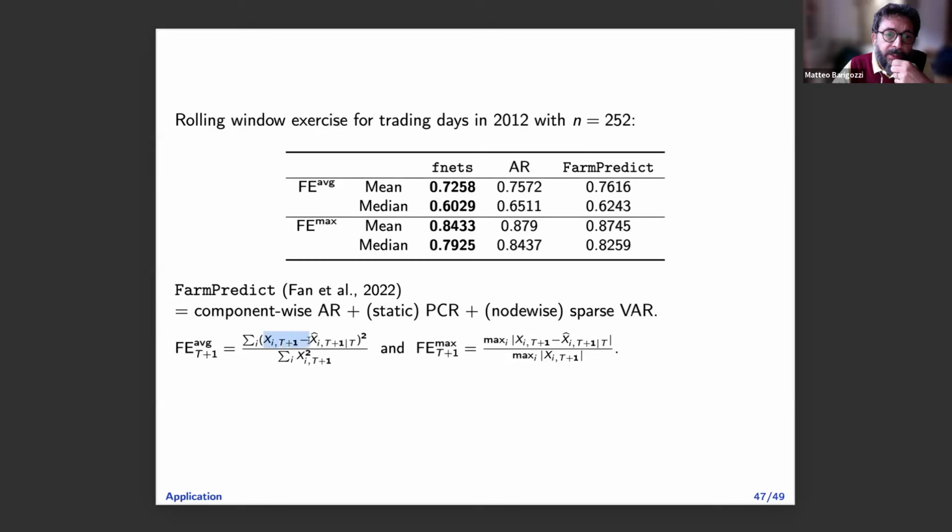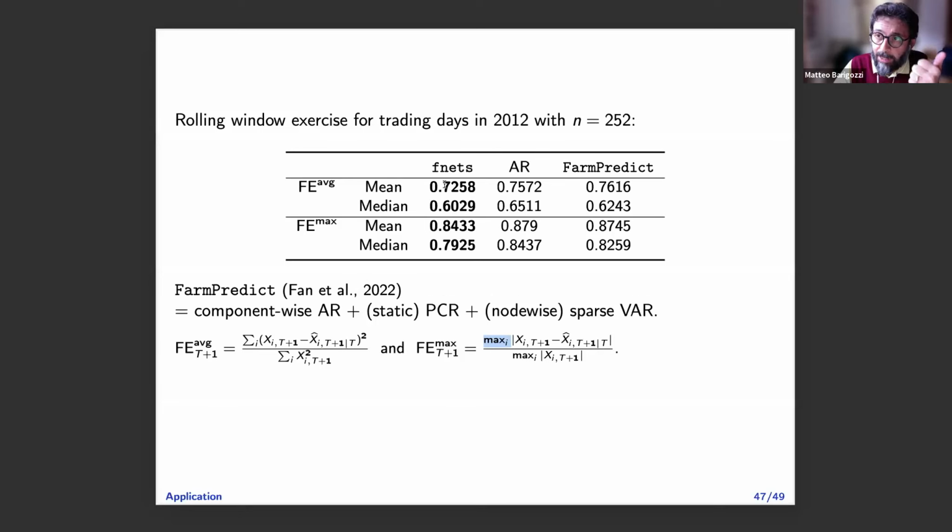So this is the observed, this is the predicted, squared, the sum over all the series. So this is the average over all the series, and then rescaled by the square of the observed value, okay? But since we have all these nice uniform rates, you want to see also the worst case scenario, so the max here, not the sum of the squares, okay? Because otherwise we did all those rates and then we look only at the L2, then what those rates are for, nothing, okay?